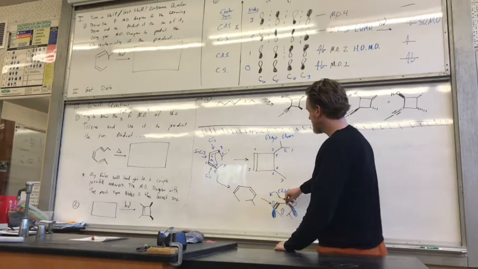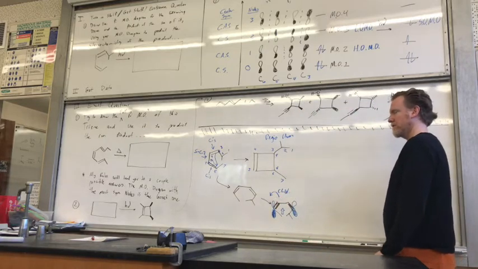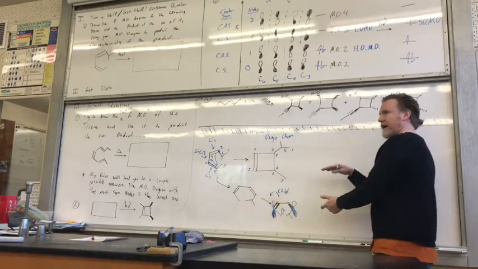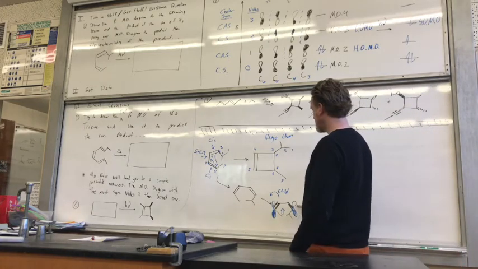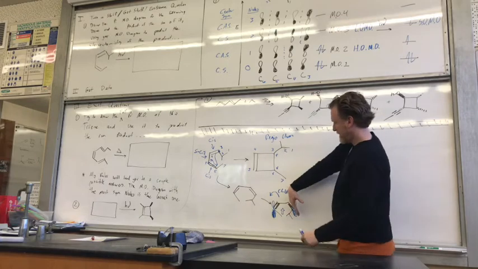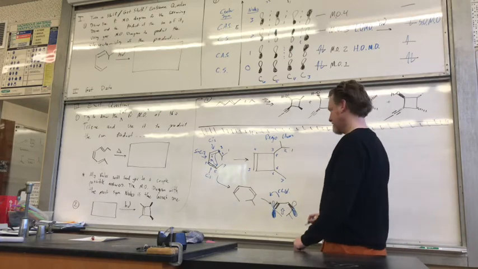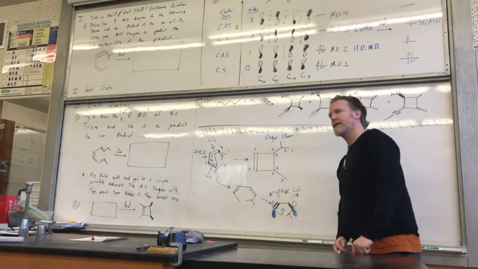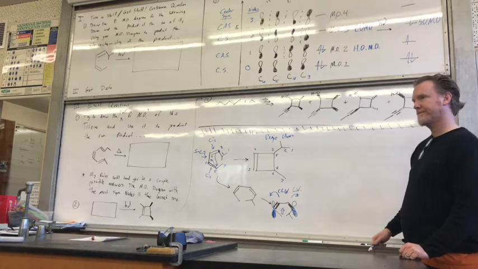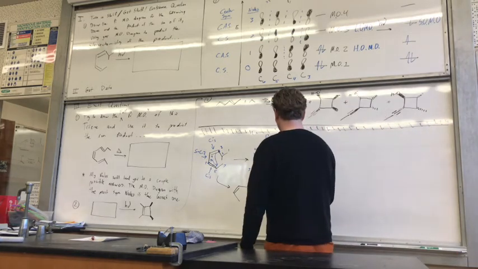And when I do this, does the p orbital dark phase go to the middle or the light phase? Dark phase. So which way do I have to rotate this p orbital to make sure dark phase meets with dark phase? Clockwise. And when I do that, what happens to that isopropyl? Does it go up or down? Up. Okay, so now I know my product is going to be